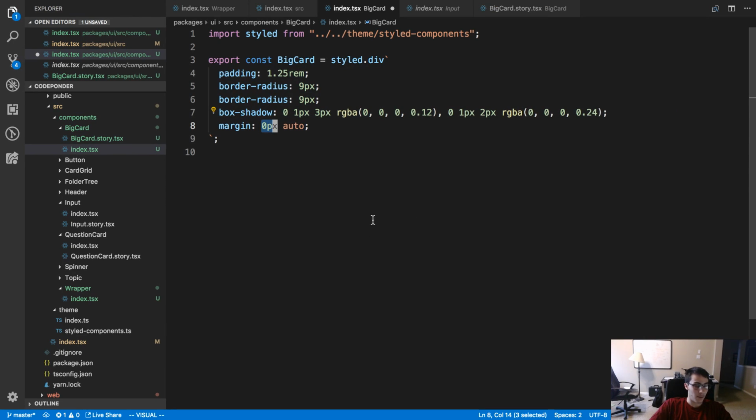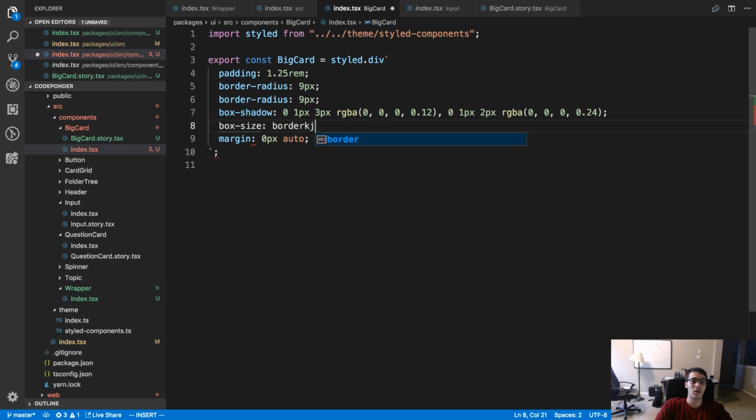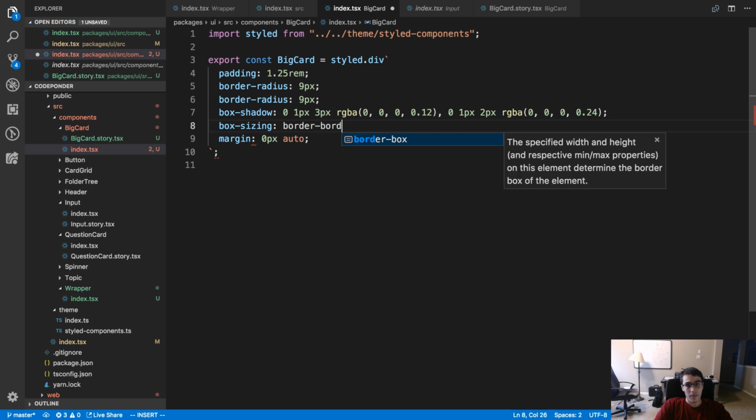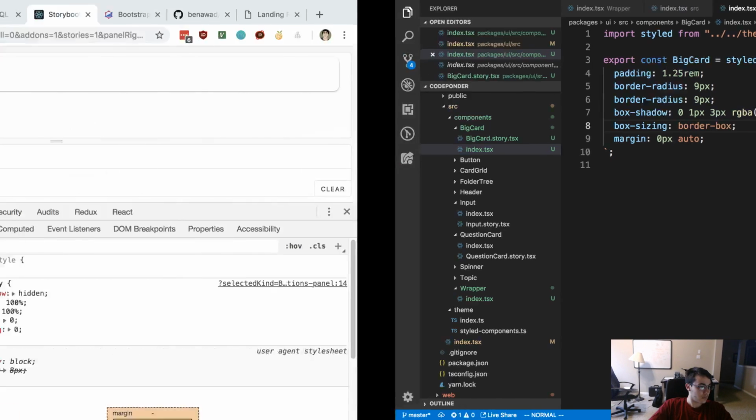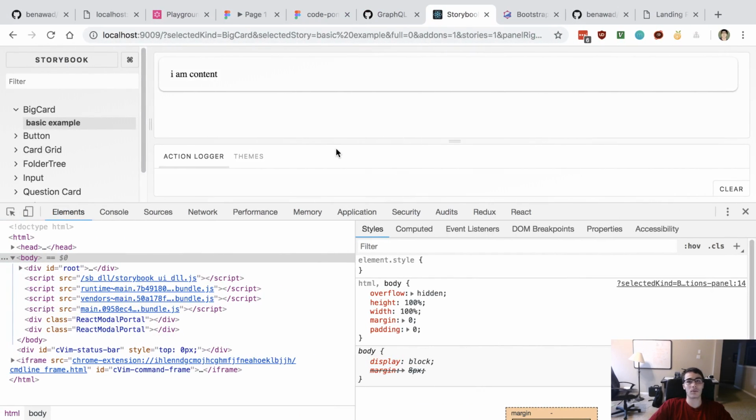Box sizing border box. What does that do? No, it's top. Okay, so I need to invert this. Wait, so what does the box sizing border box do?